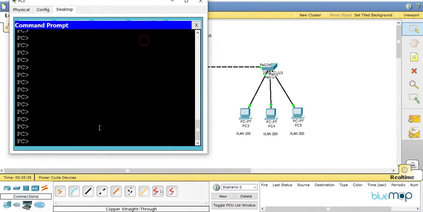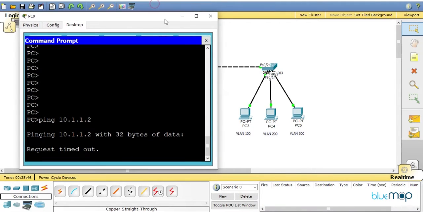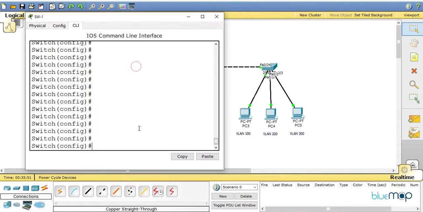So before we start doing anything, let's go and check whether the VLANs are configured properly or not. I'll just try to ping over here. The ping won't go. Obviously, that's not the method to check it. The method to check would be to go to the switch and check the VLAN assignment. Let's do that. So I'll go back to the switch